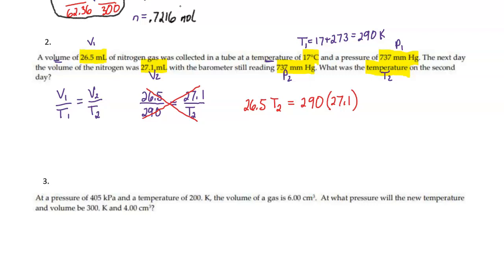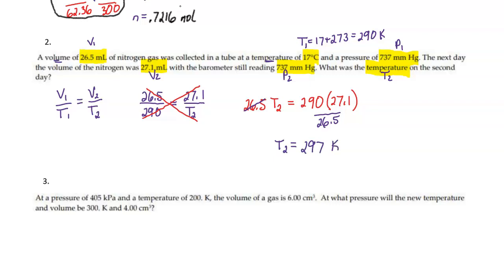Next, divide by 26.5 to get the T2 alone. If you divide by 26.5, then that's going to cross out and the T2 will be alone. On the calculator, we can see that we have to times the two numbers in red and then divide by the purple number. The answer is 297